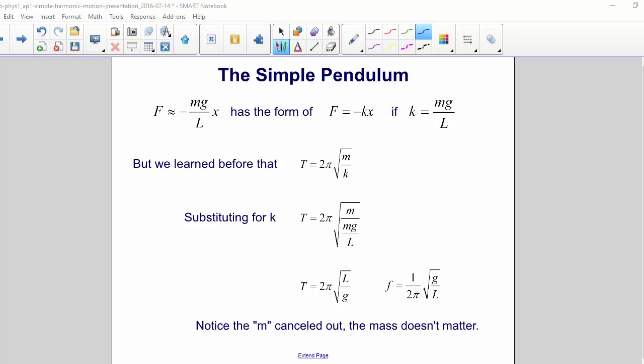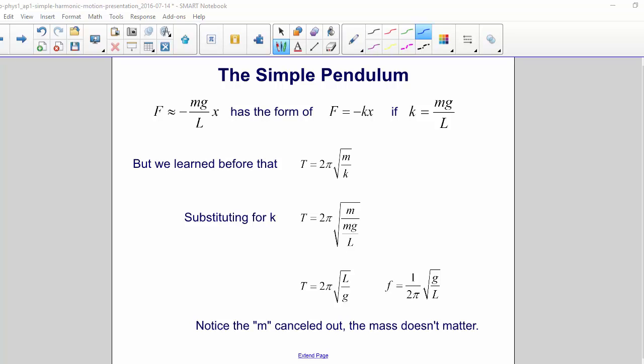So we learned before that T is equal to 2 pi square root of m over k. So let's replace k with mg over L. You can see that the m's cancel out and we get T equals 2 pi square root of L over g. Or if you're looking for frequency, you get f equals 1 over 2 pi times the square root of